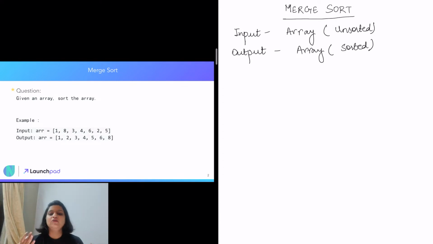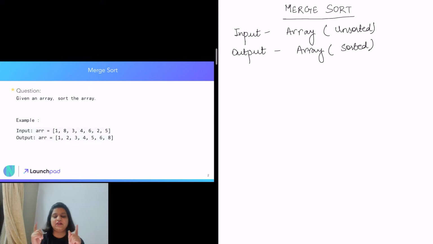So how does merge sort work? Merge sort works with the divide and conquer approach. It divides the problem in half every time, and it reaches till the end when there is only one element left in each bucket.